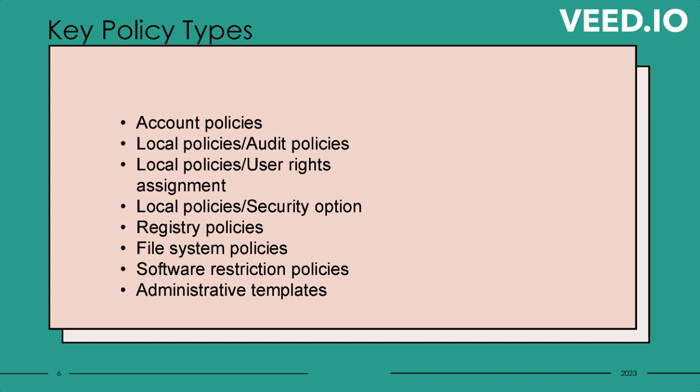Administrative templates are registry-based settings that you can configure within a group policy object. These are really useful. I use them all the time. Instead of editing the registry or making various configuration changes in control panel individually on every single computer in your network, you can use the settings under administrative templates within group policy to control the computer configuration, and therefore, centrally